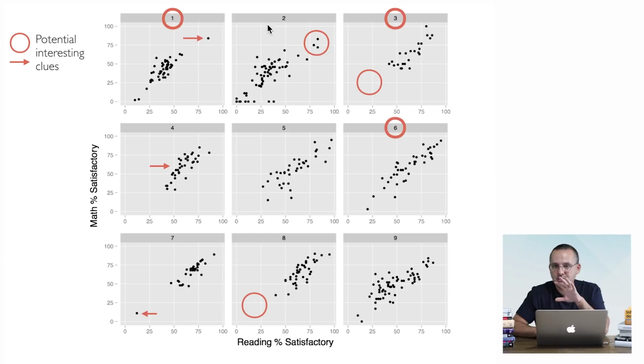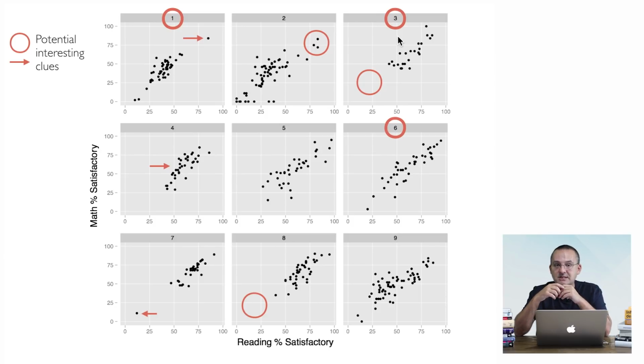Now, board district number 2 is very similar to board district number 1, with the exception that it's 3 schools that depart from the rest of the schools. These schools over here. Now, board district number 3, that's quite interesting as well. Board district number 3 is a board district in which most schools are on the upper right quadrant of the spectrum. What's going on? Most schools are up there, meaning a majority of students read well, and a majority of students also do math well. There are no schools on the bottom left, meaning there are no schools with a minority of students who can read well and do math well, right?